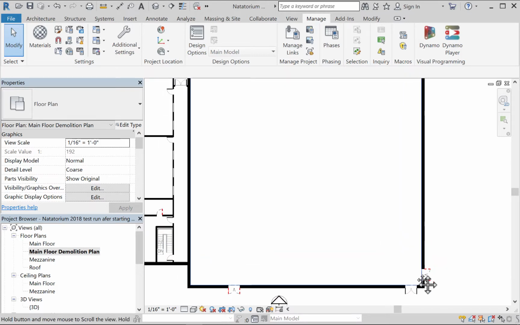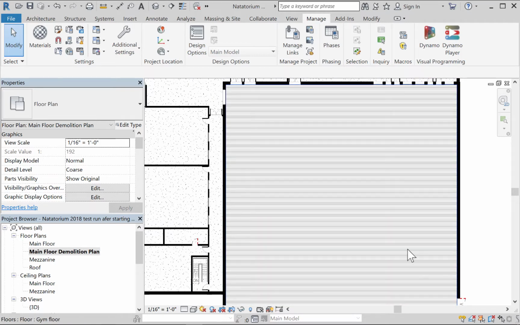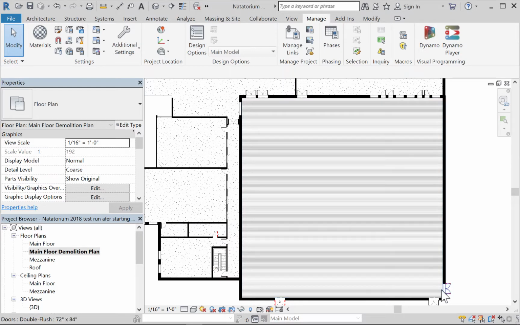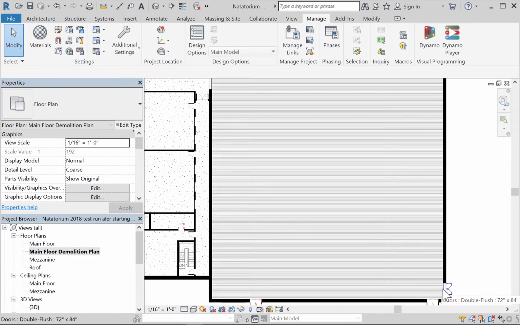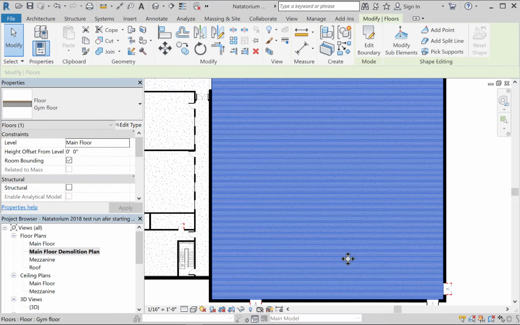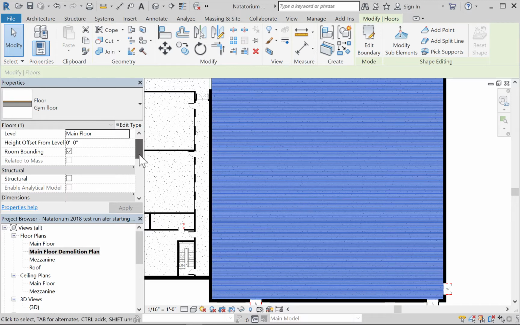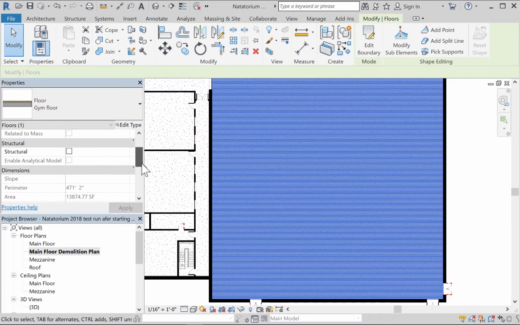What you'll want to do, in this case, I am removing the existing gym floor, but I did not demolish it. I just forgot to select it. So what you're going to want to do is try and select that gym floor. See if I can grab it. Basic walls. Let's see here. Chain of walls. Floors. Gym floor. Okay. If you've forgotten to demolish something, you can come in here and in its properties, I'll